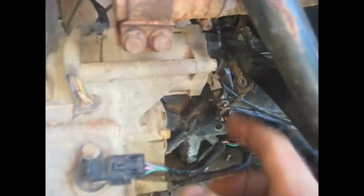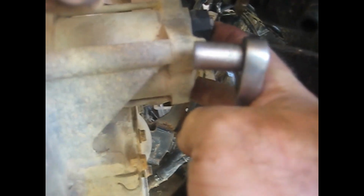Alright guys, I got the motor slid forward here, and you can make pretty easy access with a 1/4 inch drive 10mm to get the starter power wire loose, as well as the little ground wire. It's actually hooked onto one of the starter bolts. The last thing to take off is this reverse lever. I hope you can see this, but it's right here. It's a 10mm bolt, and you just need to take that off